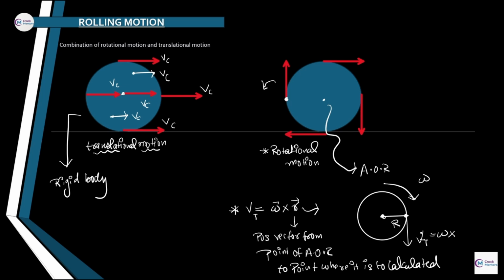Omega cross capital R vector. Okay, now when we remove the cross, we will see that it is equal to omega r. How? If we remove the cross sign, then it is nothing but omega magnitude, r magnitude, and the sine of the angle between omega and r. As we can see, r is in the xy plane and the omega direction is along z. Then the angle between them is 90 degrees. I am hoping that you know this much basics as well.